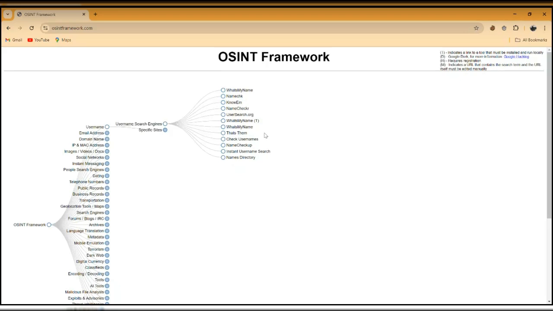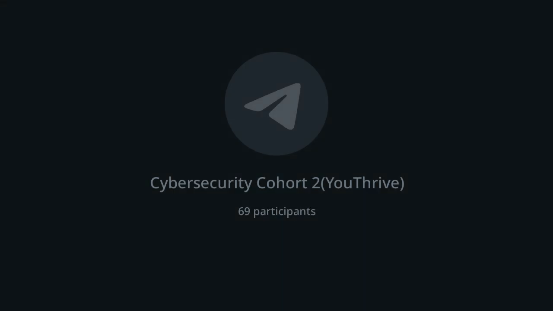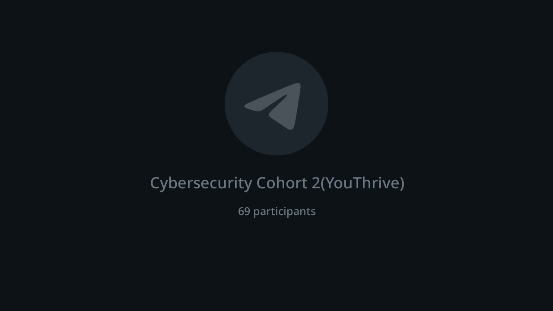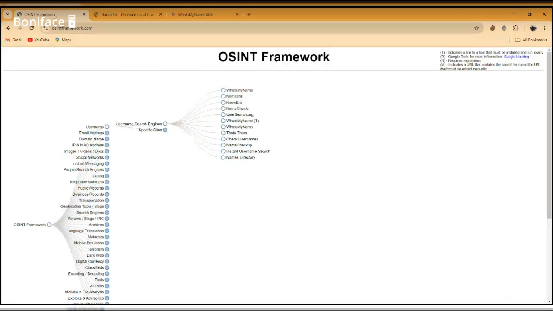The idea behind it is, say you are looking for somebody. Let me use Abiba's name, for example. You are looking for Abiba, so you search for the name. It's going to show you all the accounts that have Abiba as the registered username. Some of them are already defunct, they are not working again. We are going to check out multiple. Let's check out NameCheck. I've opened What's My Name. Whichever one opens, we use it straight away. Then after that, we go to another one to see what it is about.